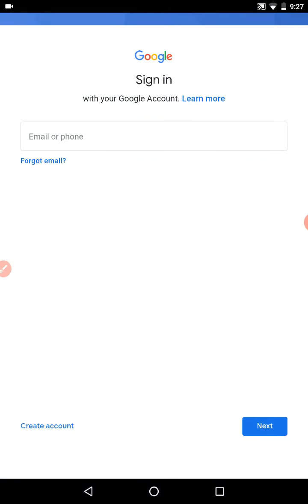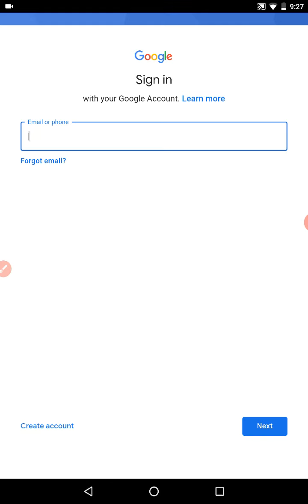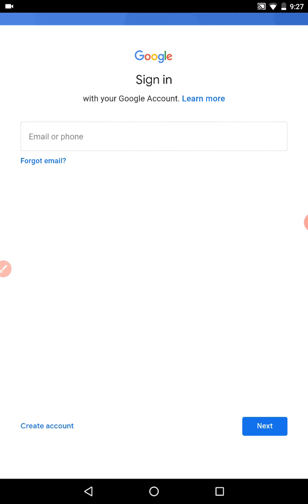It will take some time, and then this screen will appear. Here, if you already have an existing account which you want to add, you can add it here directly. And if you don't have any account and you want to create your account, you have to follow some simple steps. Step 1 is go to create account option. You can see here I have highlighted create account. Just go there, and you have two options. If you want to create a YouTube channel, you can select the first option.